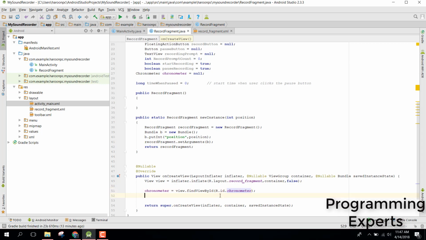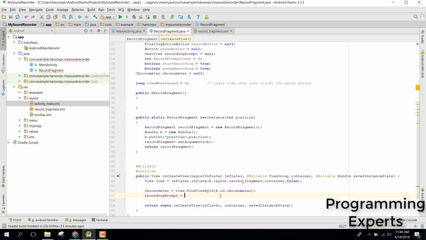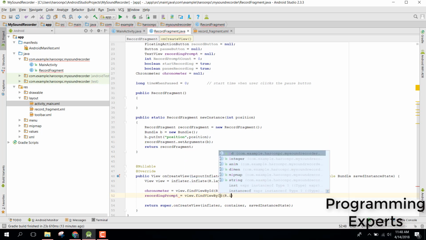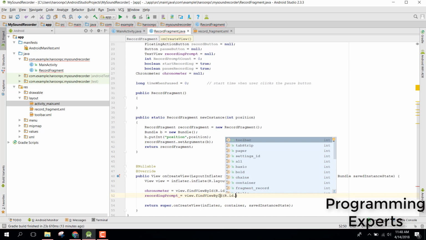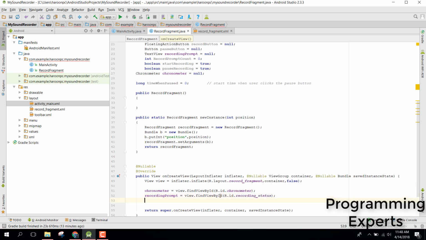Okay, so here also we need to initialize our recording prompt and record button. Find view by id r dot id dot recording status, and also record button here,